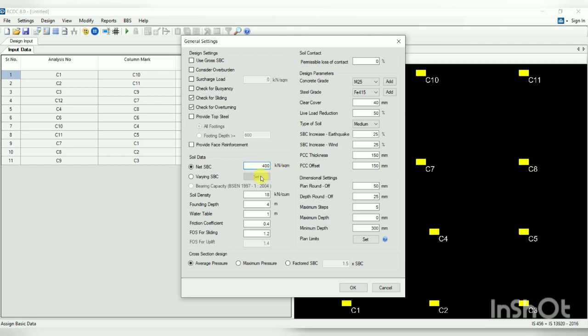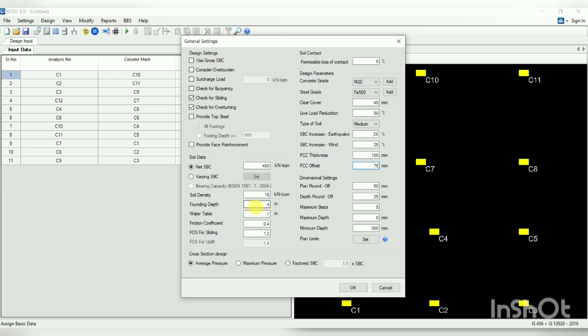Select your net SBC. Then grade of concrete, grade of steel also you can select here. Clear cover, then PCC thickness, what is the general practice in your area, what is the offset of the PCC, suppose 75 mm. So you have to study all these practices in your region, and then you have to give the input.